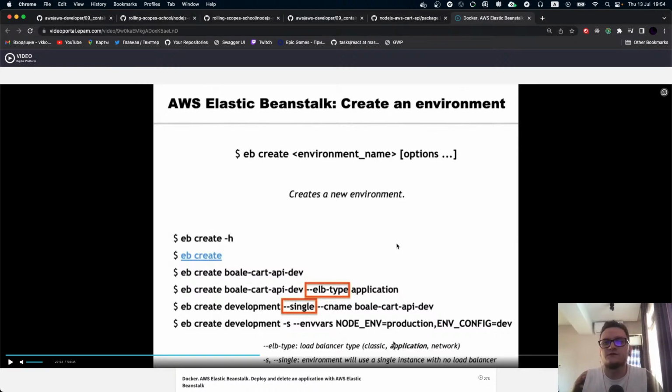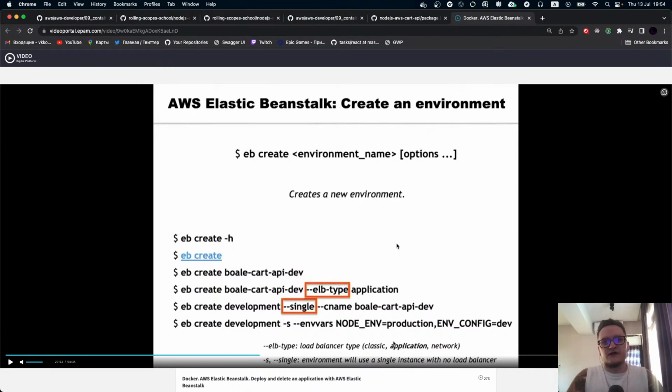load balancer type, classic, application, network, and single environment will use a single instance with no load balancer. What is a load balancer? It's a service provided by AWS. It checks how many requests come to your Elastic Beanstalk application, and it will balance them. If there are too many requests, it will not let your application take them for some time, but if it is too much, it will just fail to balance this stuff.